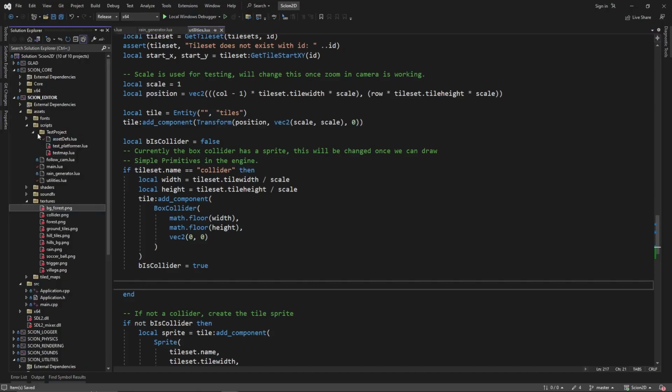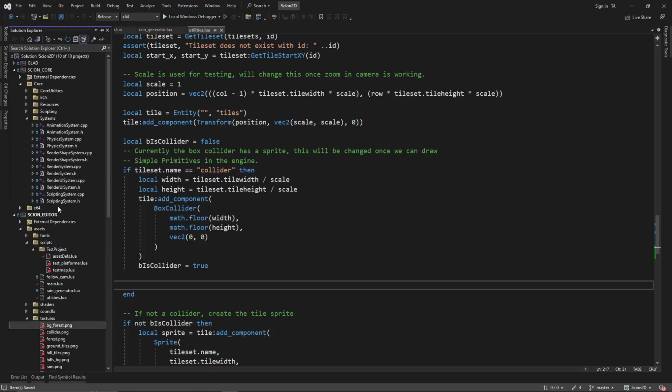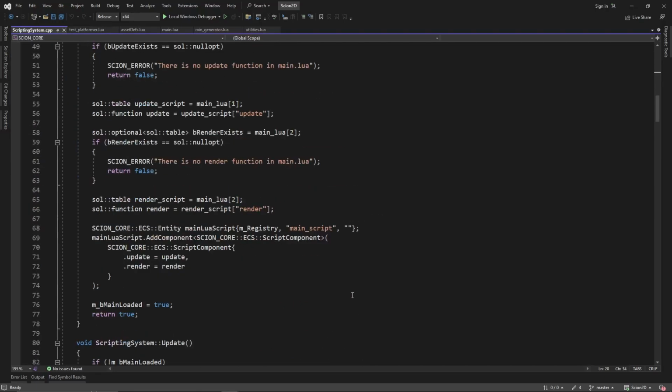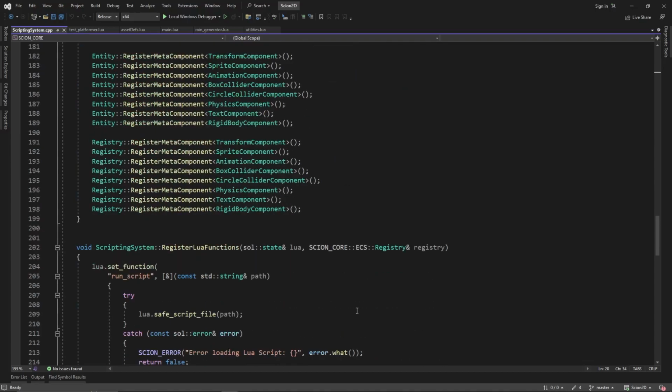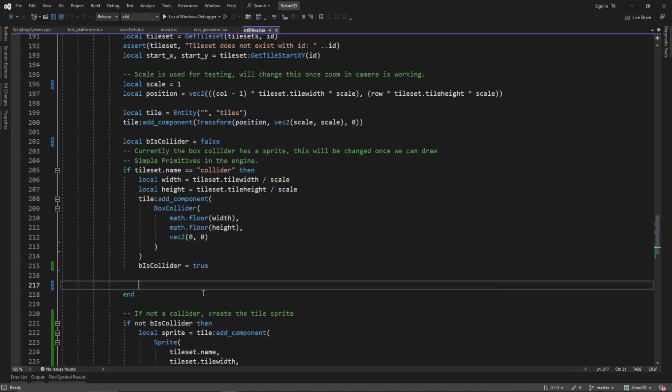If we open up our script system up here in core, scripts, systems, scripting system, and we go down, I believe I made a function in the core globals to check to see if our physics is enabled. Yeah, right here. So is physics enabled? We don't want to add in a physics component if we're not actually using physics, because by the way that the engine is right now, you can actually add in your own physics. You don't have to use the Box2D stuff. You can add just Lua scripts that can control it. So let's take this function here and go, if is physics enabled, then